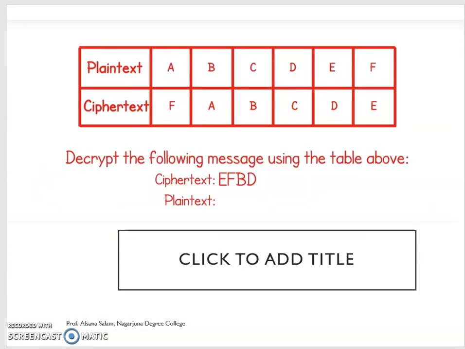So here I have the best example for you to show. Plain text. Now you understood what plain text is. Here you have A, B, C, D, E, F. That is simple plain text. Here it is ciphertext. Here also you have first A, here also A is there. B, C, D, E. F also is there, but in the beginning. This becomes the simple ciphertext.